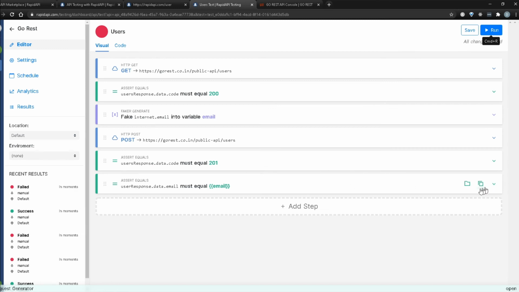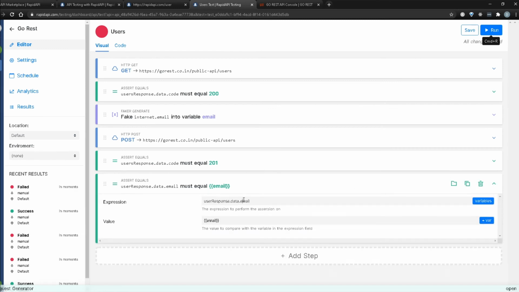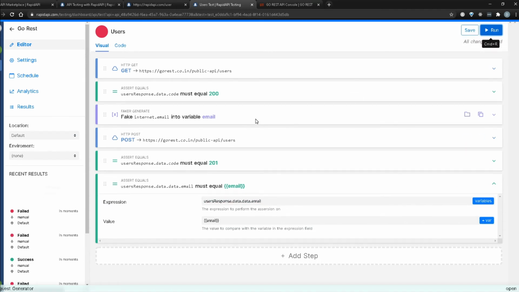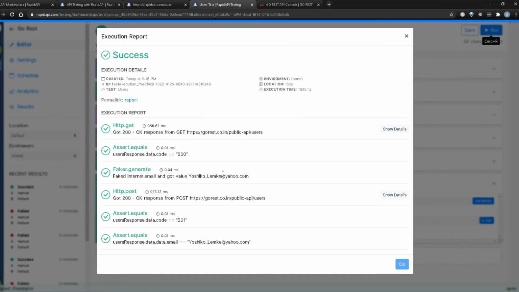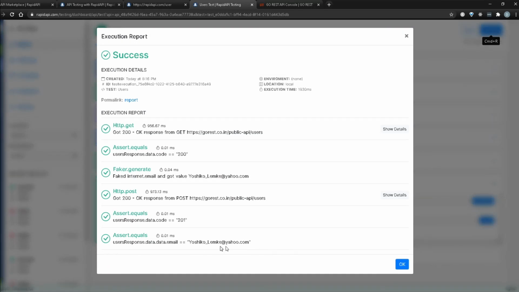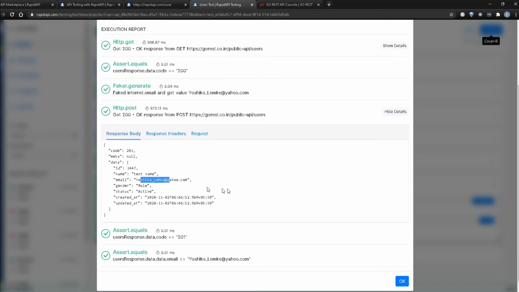So I'm going to quickly go back and make the change. I'm going to do user response .data again, and then I'm going to send again. Okay, what's happening is instead of doing user's response, I'm doing user response. So that's a stupid mistake on my end. I'm going to fix that, run it again. There you go. It's a success this time. So our test worked. We are verifying that the email is this, which is actually what we got back over here too. Awesome. So that's working.